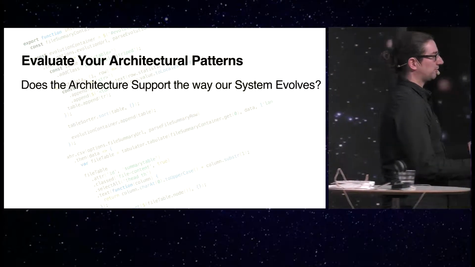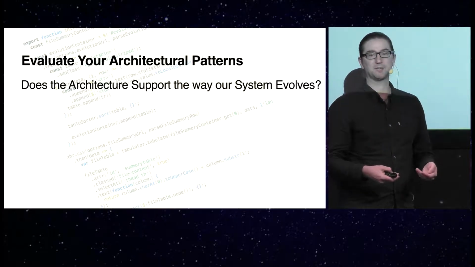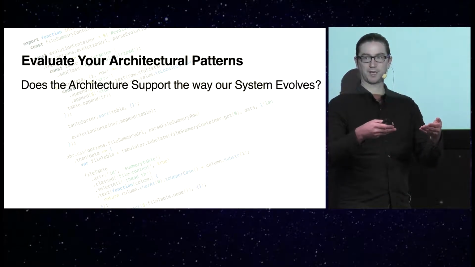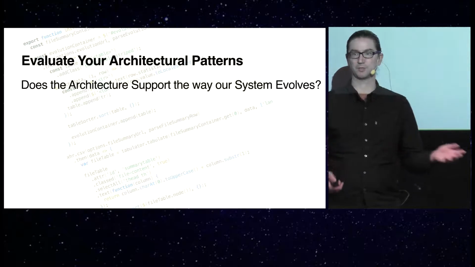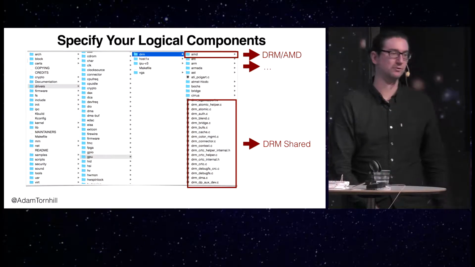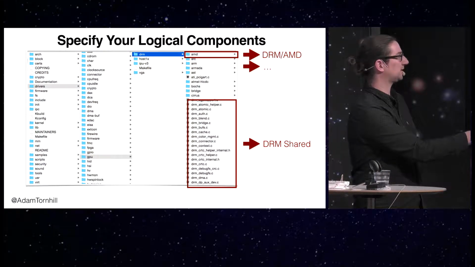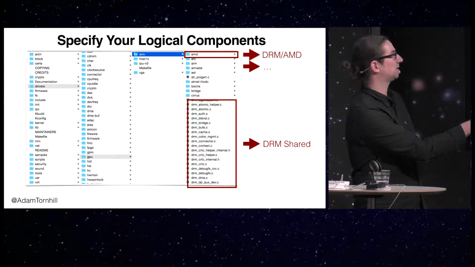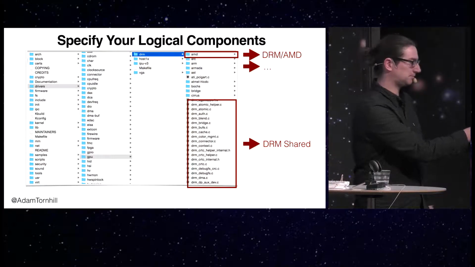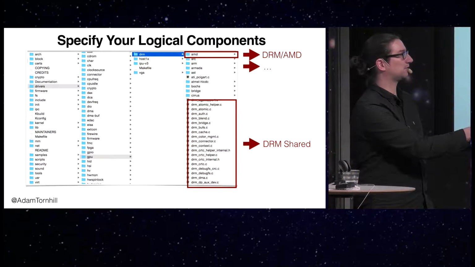So when we talk about software architecture, we typically want to step up and climb the abstraction ladder up from individual files and start to reason about subsystems and modules. And the way I do this is basically by introducing something I call logical components. So what I do here is I take a bunch of files, they might be in a particular folder, and then I simply aggregate them into a logical component.